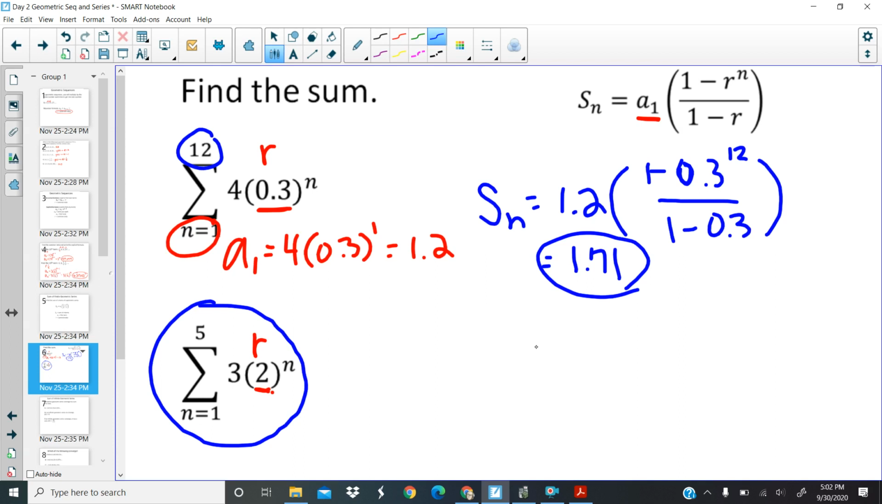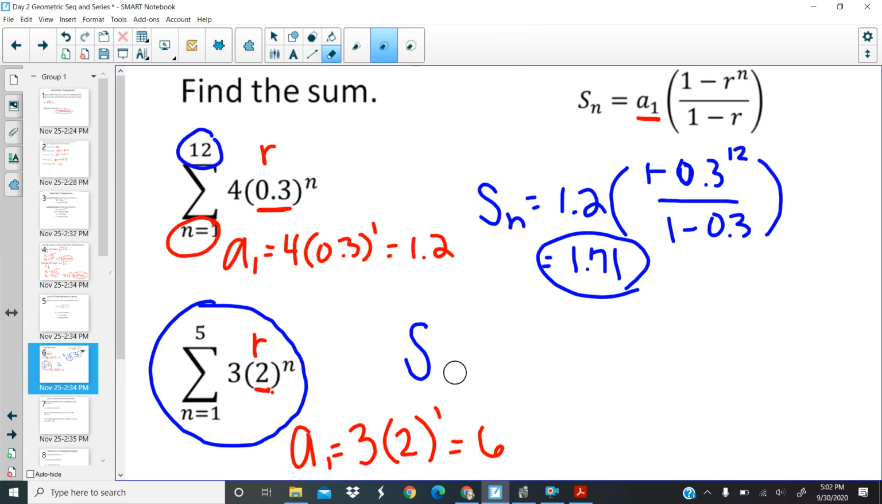So in this example, you're trying to find the sum of the first 5 terms. So again, we want to find that a sub 1, or that first term, first. So a sub 1 is going to equal 3 times 2 to the first power. And so that's just going to be 3 times 2, which is going to be 6. So then moving forward from there, we would have the sum of n terms, or in this case, we're doing the sum of 5 terms. So you could do the sum of the first 5 terms. So you could put a 5 right there,